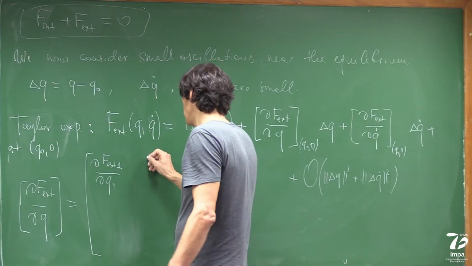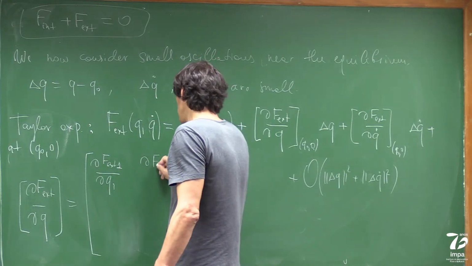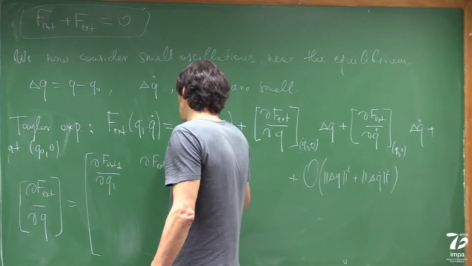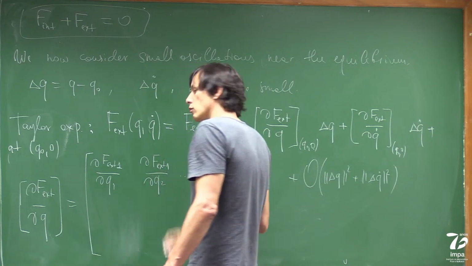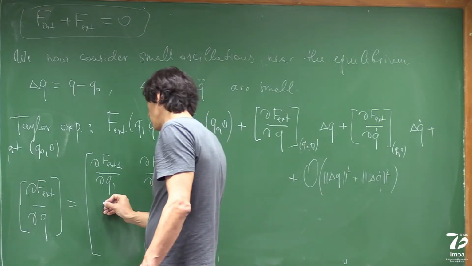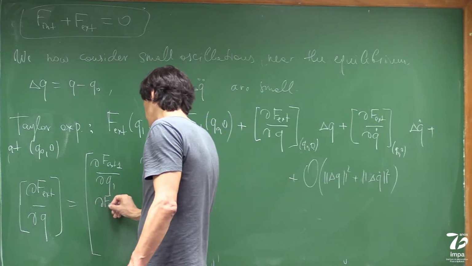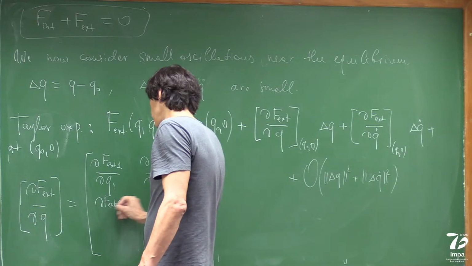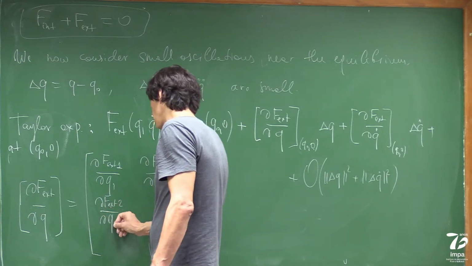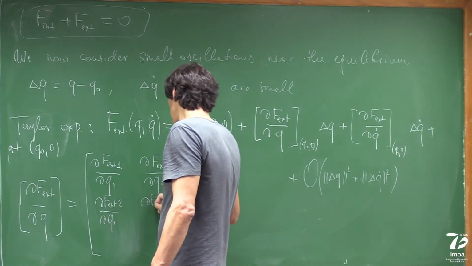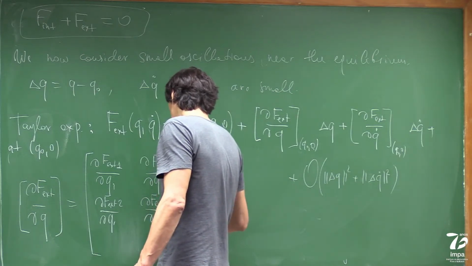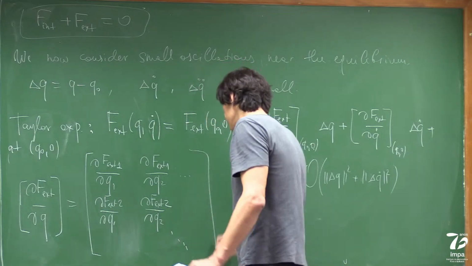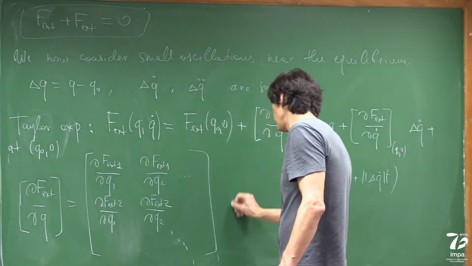Then you take the first component, differentiate with the second variable, and so on. On the second line, you take the second component, differentiate again with the first variable, second component, differentiate with the second variable, and so on. So it gives you an n by n matrix